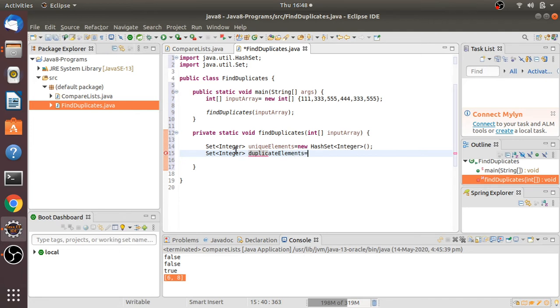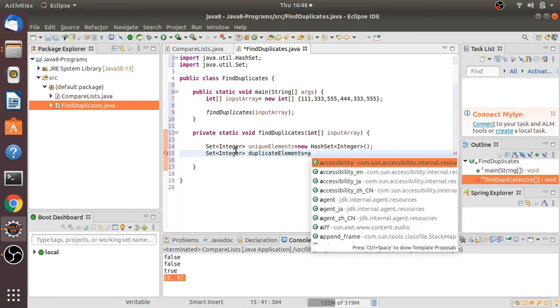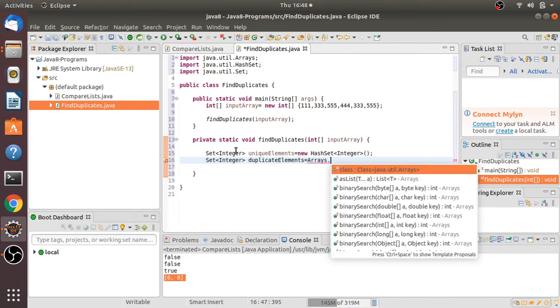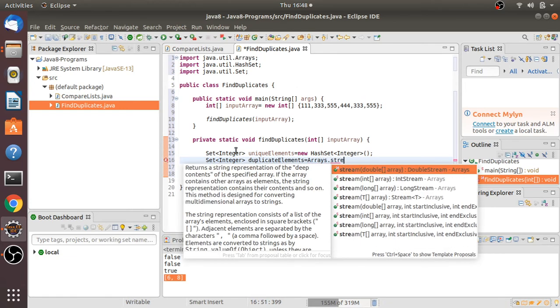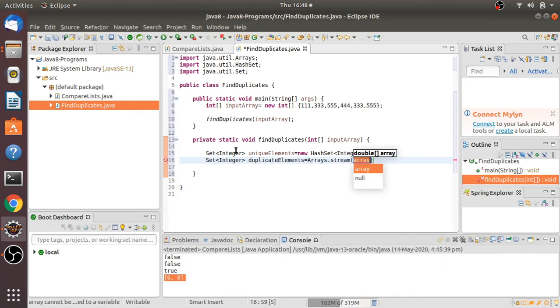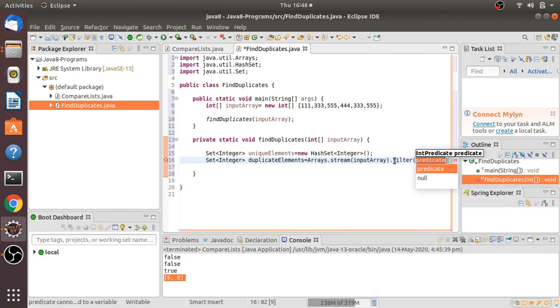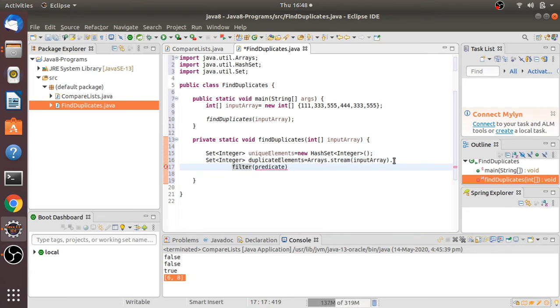Now what I'm going to do is take the array, because this input is available in the array, right? Arrays.stream, and that input array I'm going to provide here, and I'm going to filter this. In the filter, I have to provide the predicate functionality here.